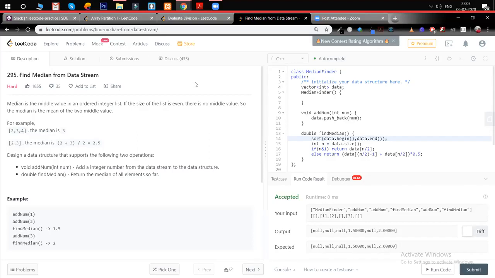Now my max heap size is 2, greater than the min heap, so I need to move the maximum item to the min heap. So I have 2 heaps now, one which contains 1, one which contains 2. I pick the top item from both the heaps and I get the median.